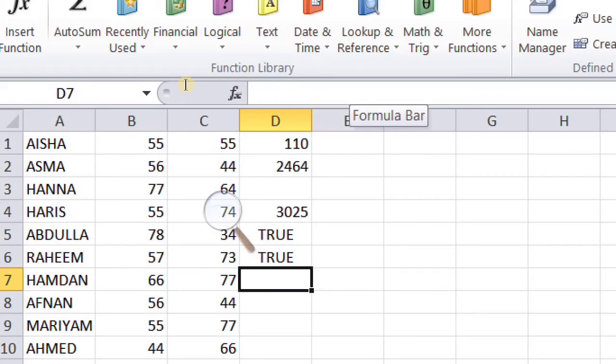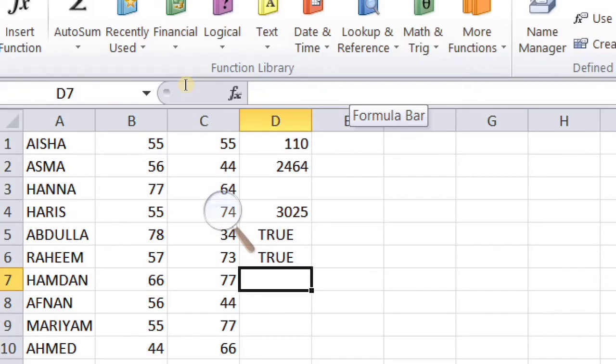Now we are going to use a text operator. It is used to join two or more text values and create a continuous text value.